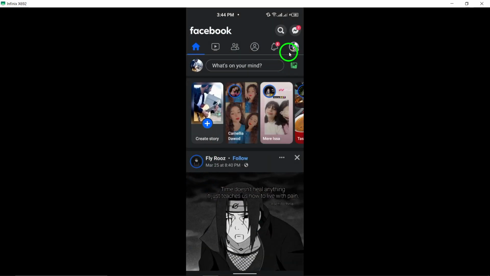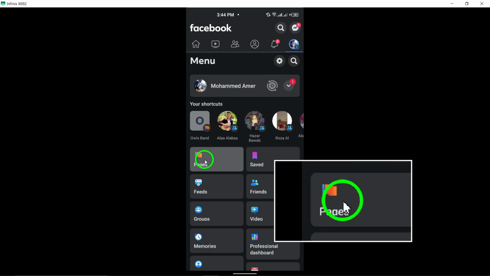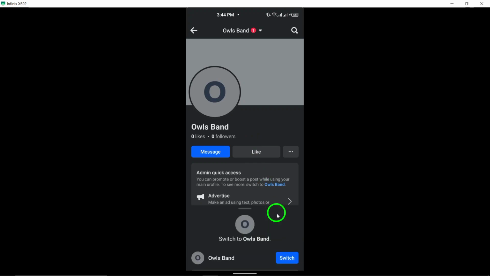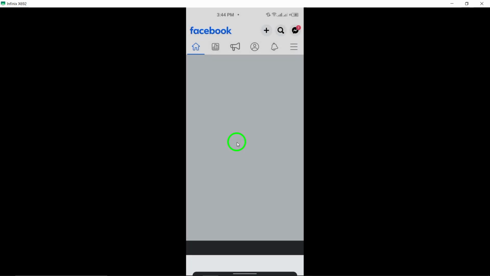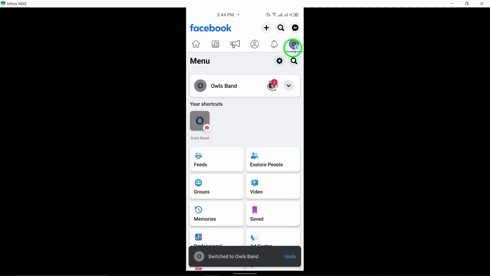Tap the menu icon, 3 horizontal lines, and select Pages. Switch to your page by tapping the down arrow next to the profile photo and choosing the page you want to switch to. Once on your page, tap the profile picture and then the Edit icon at the top right